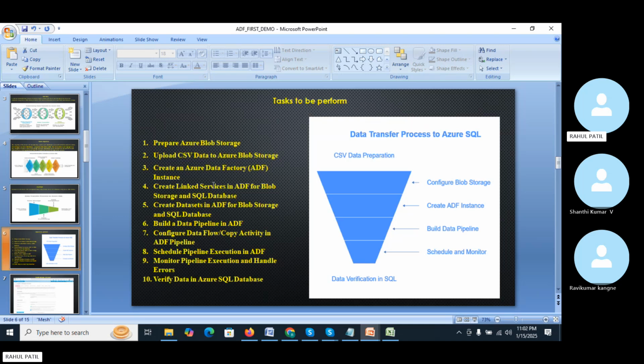A linked service is important for linking the source and the destination, and the SQL data, and create a SQL database also. Then create a dataset in Azure Data Factory for the blob storage and SQL database, build the data pipeline in ADF, configure the data flow and copy activity in the ADF pipeline, and schedule the pipeline for execution. We can schedule also, and monitor the pipeline and verify whether the data is properly transferred to the SQL database or not. So these are the overall steps and tasks I have to perform in this particular demo to